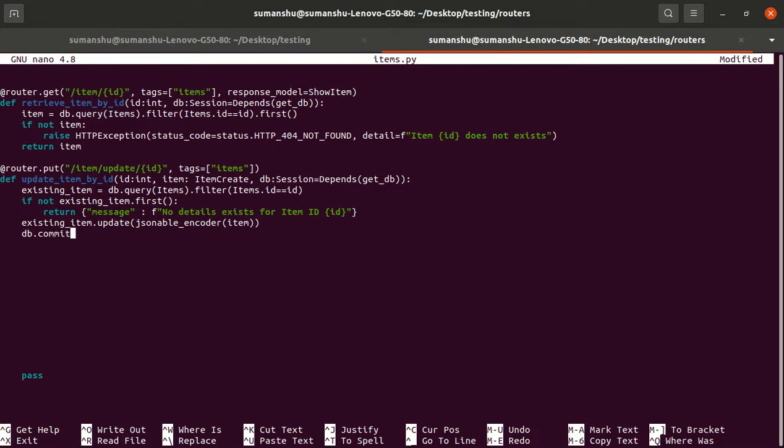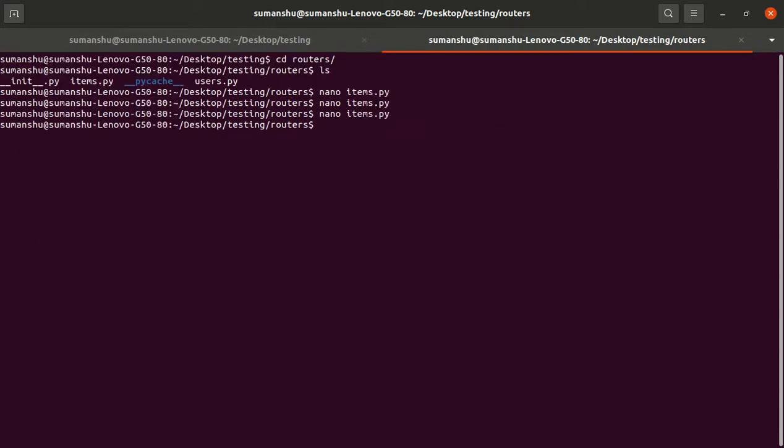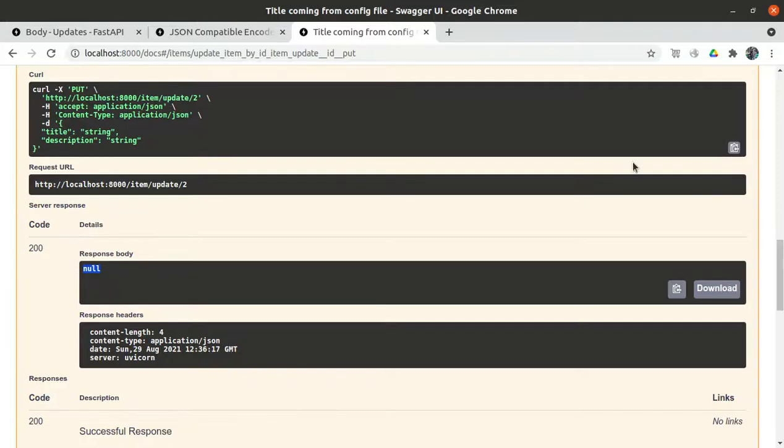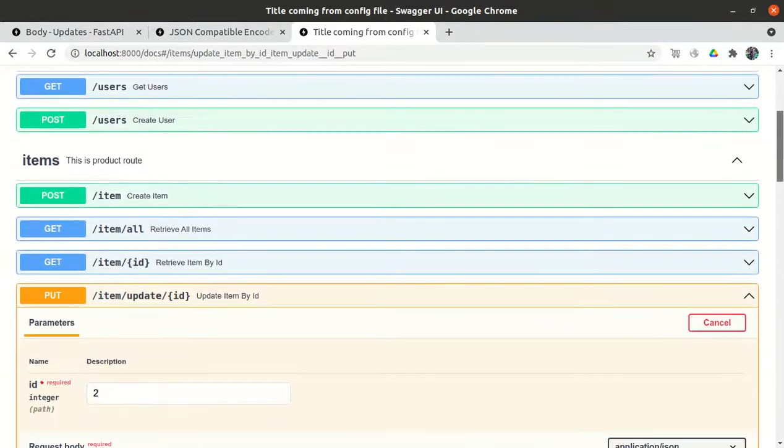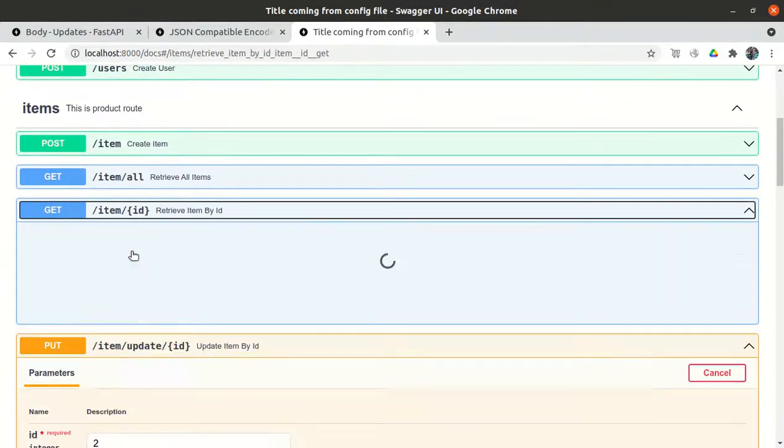Once the changes have been updated into the database, let's commit it. If we do not use commit, we will not be able to see the updated changes. Let me save it.